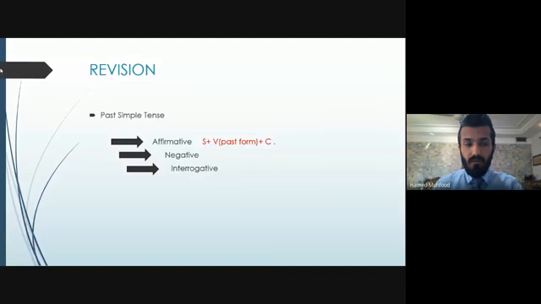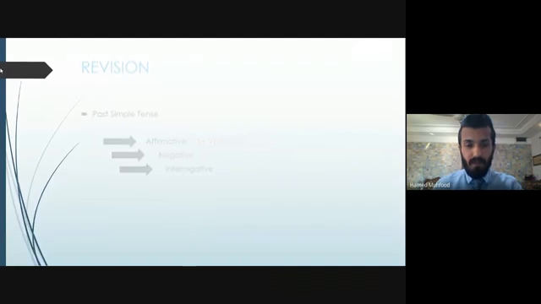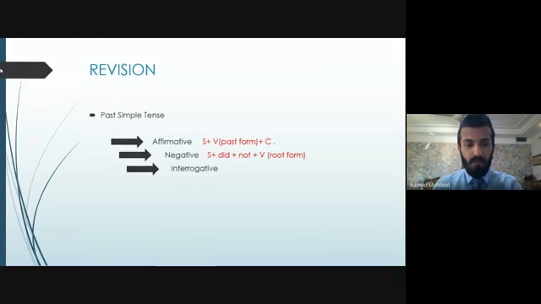Now, what else? We also have negative sentences in the past simple tense. So how to form a negative sentence using the past simple tense? It should also start with the subject, and then it should be followed by the auxiliary verb did, which should be followed by the negative article not and then the main verb of the sentence, but it should be in its root form, in its base form,